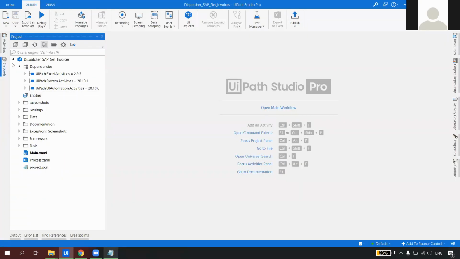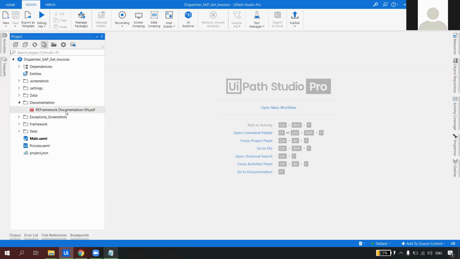So now here what you can do is, first of all you will see there is a documentation which is provided, right? If you are using this REFramework, I would recommend that you just delete this or cut and paste it to some other location. The reason being, whenever you publish this package to the Orchestrator, this entire thing goes in the package. So you don't want to have this documentation, right? You can keep it for your reference in some other location, otherwise you can just go ahead and